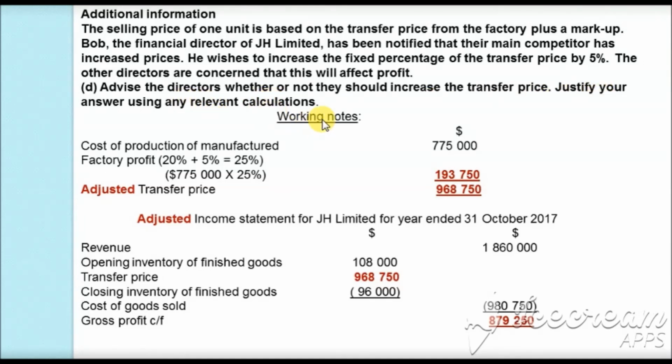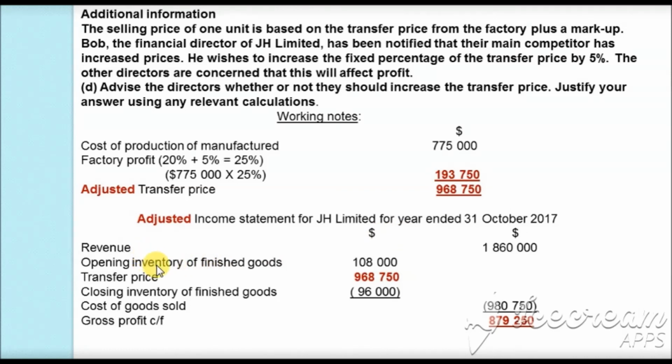So I have started doing the calculation in the working notes first. For this I have taken the part of the manufacturing account which will be affected. That is, I have started from the cost of production of manufactured goods, which is $775,000, and on this we will add the markup, and now the markup has been changed from 20 to 25%. So 25% of $775,000 will be $193,750. And because of this, the adjusted transfer price will be $968,750. Then the adjusted income statement for JH Limited for the year ended 31st October 2017 will be: the revenue